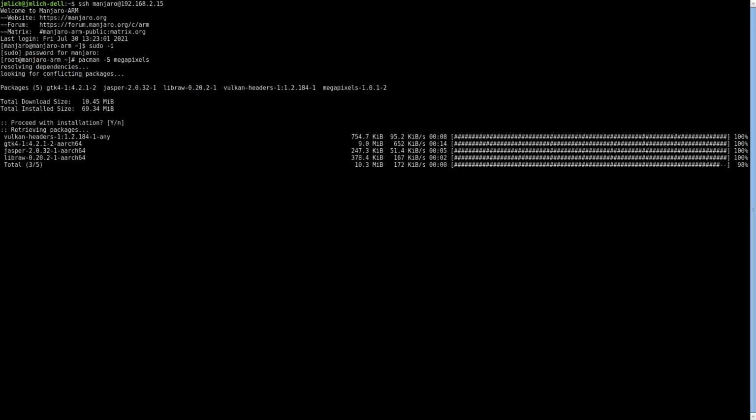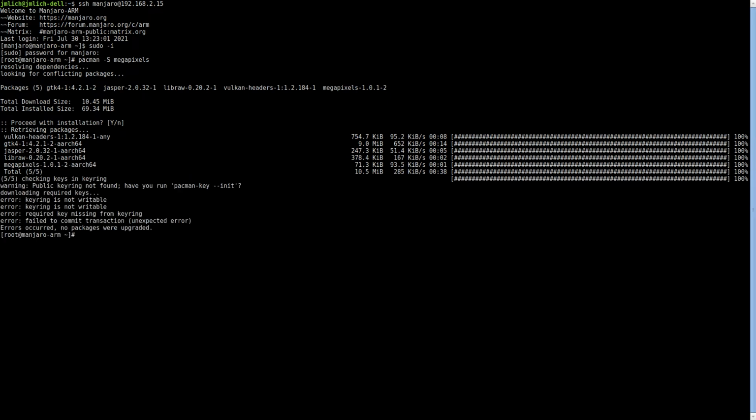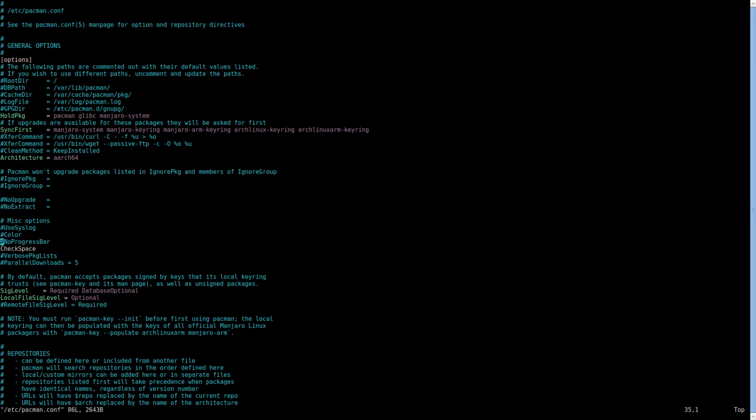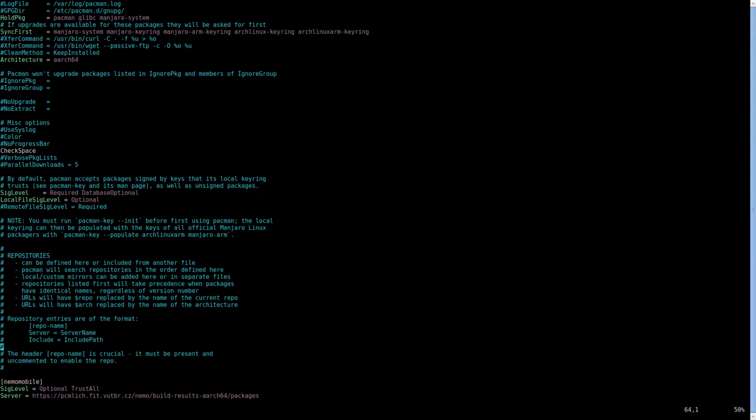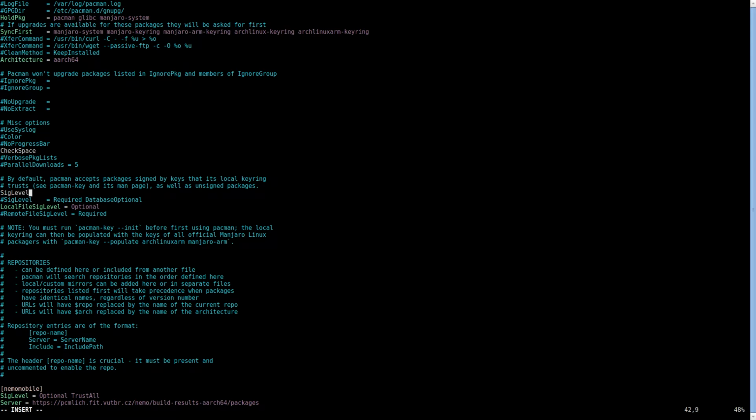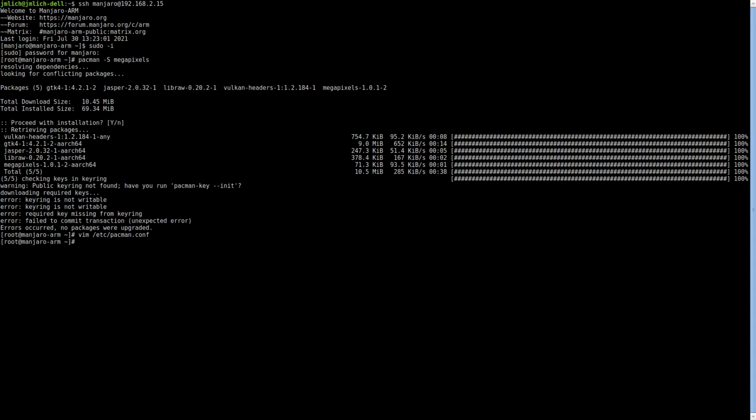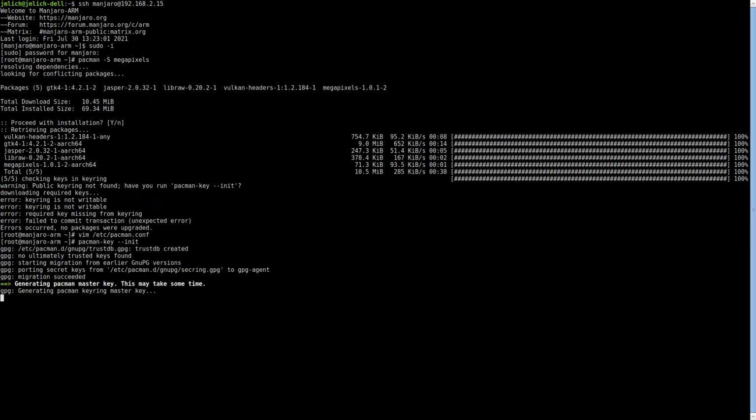So the packages were downloaded first, and after that you find out that there is some problem with the keyring. So the stupid fix is to add globally SigLevel = Optional TrustAll, and pacman-key must be initialized, so we will init the keyring, but